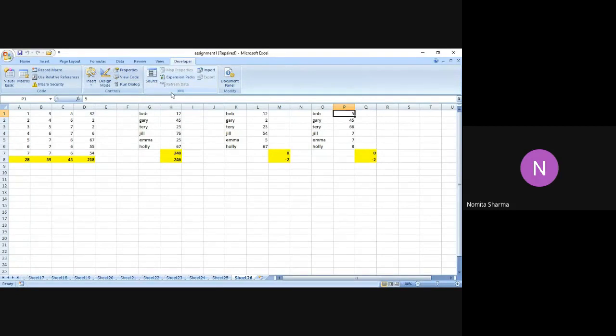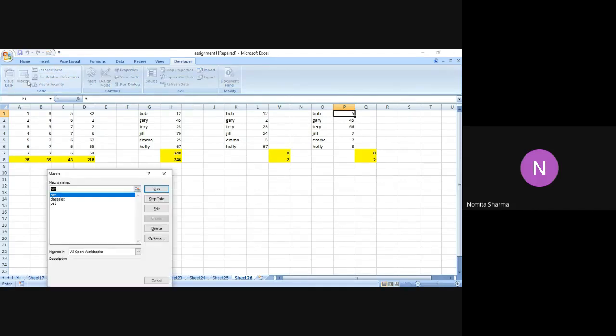When you go to the developer option, you can also use it for the macros, just in case you don't know. When you click on the developer option, you will have these new commands appearing over here. The commands are Visual Basic and macros, which is the same as we were getting in the earlier case. Whatever macros we have made over here, cat, class list, pet, they're all appearing over here. I can very easily delete that just for the reference, but I will not because I want to use it for the other topic which I'm going to do today.